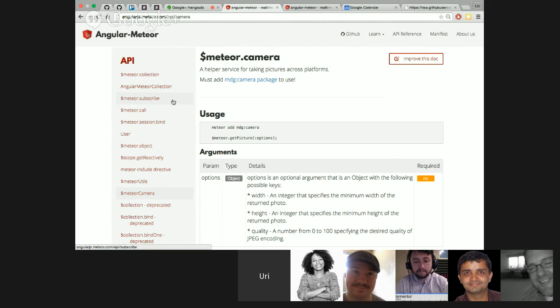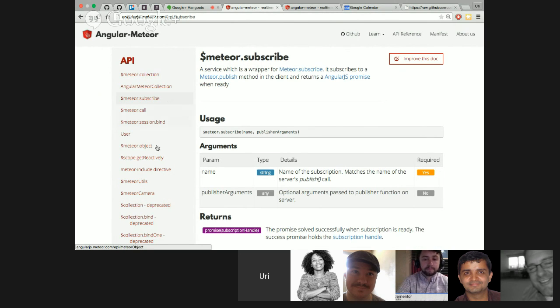Yeah, I think, and all the other stuff here, we just try to make everything that you need in Meteor available as an Angular service. When we thought about the API, we thought first about how it would be the most natural for Angular developers, but also making it similar to Meteor's API.